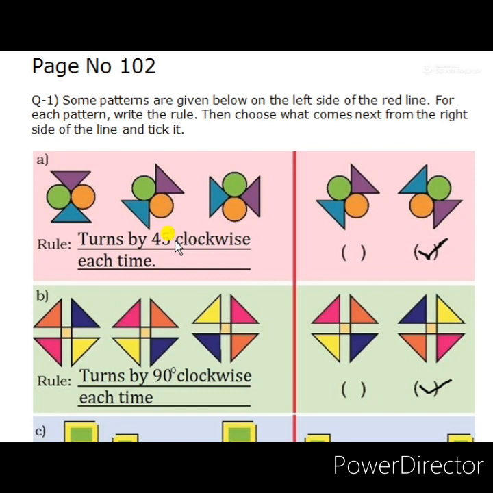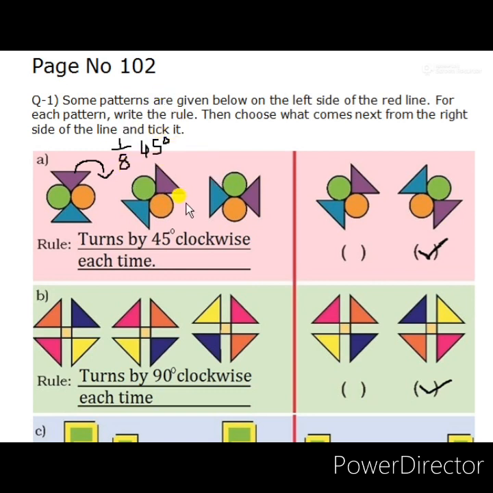learned. Here we have to observe the figure. For observing, see the first picture, the top portion is purple color. If you observe the top portion, it will be easy to find out how much turn the figure takes in the second position. See, in the second position, the purple color is slightly turned to the right side. That means 1/8 turning has been done in the second position. 1/8 turning means 45 degrees. From the first position to the second position, this picture turned 45 degrees.